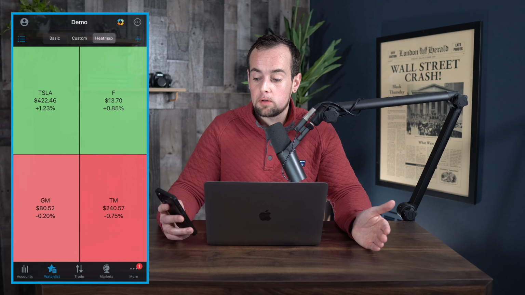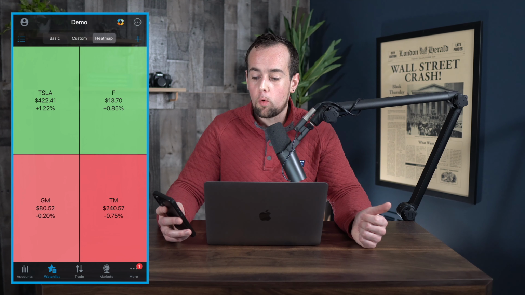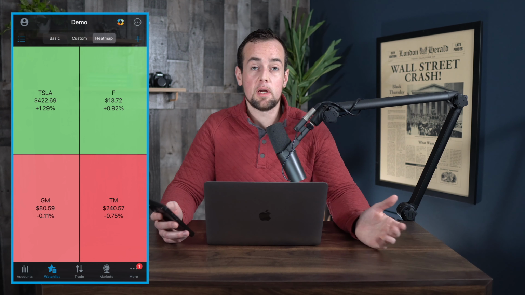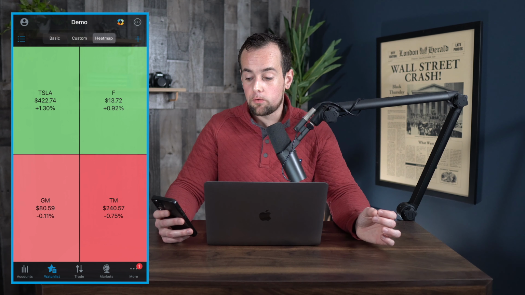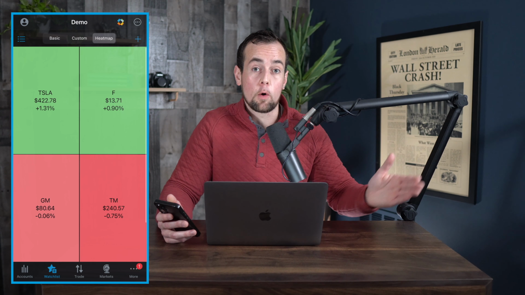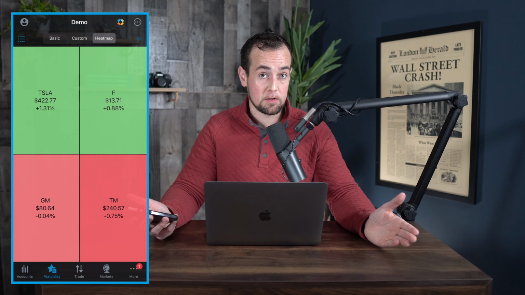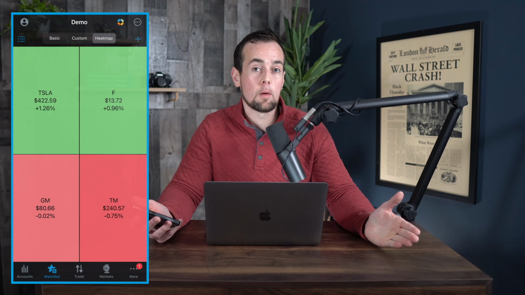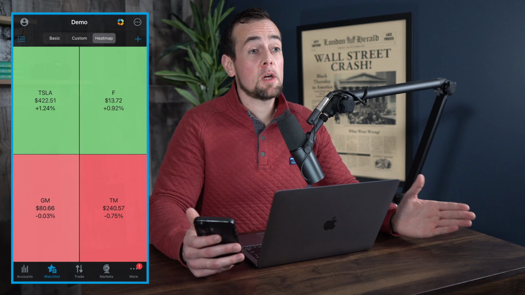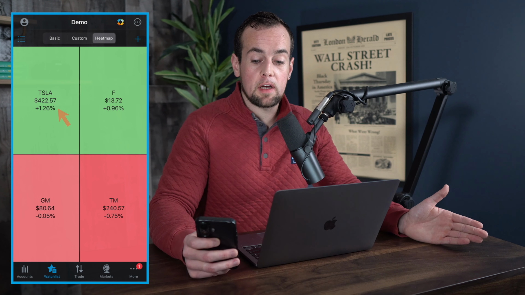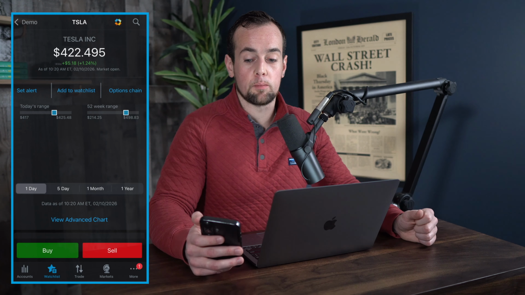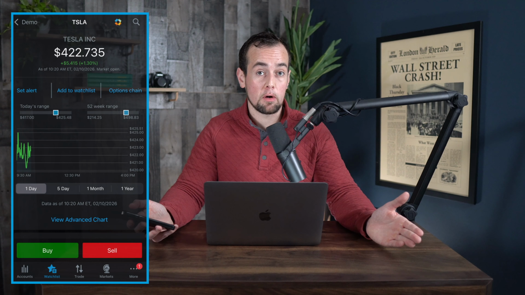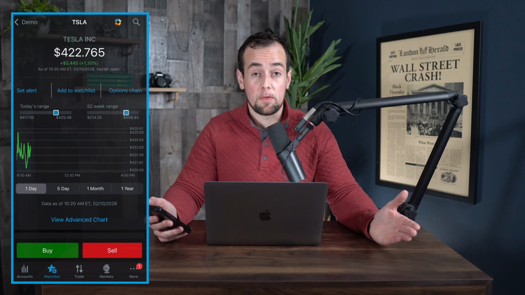So for example, Toyota Motors is down a little bit more than GM, and that's why it's a deeper shade of red. So this can be a great way to just have a bird's eye overview of your watch list, or maybe you have your portfolio linked and you can see what's going on with the stocks that you own. And just like with the other screen, you can also click on any one of these tiles and it's going to bring you over to the main page where you can get more information about the stock or